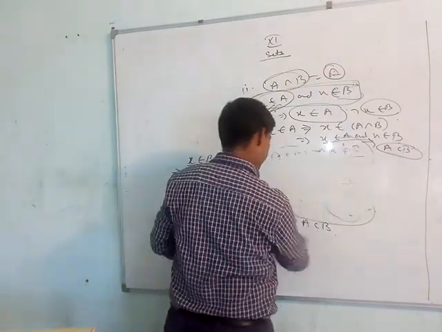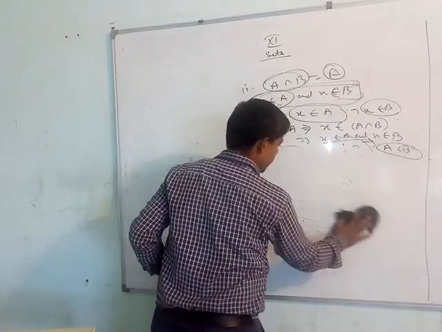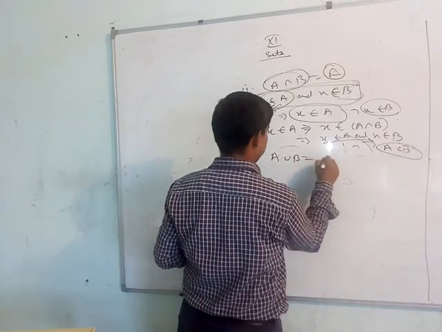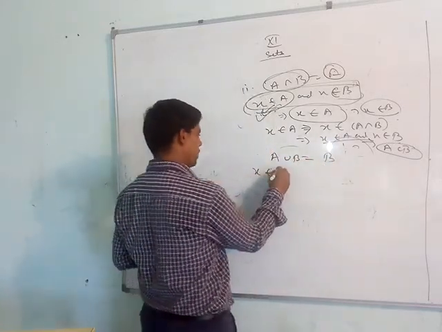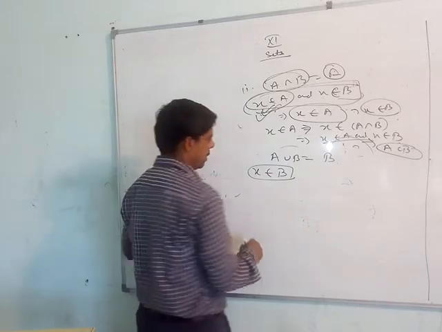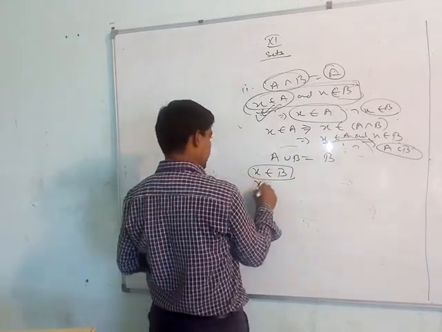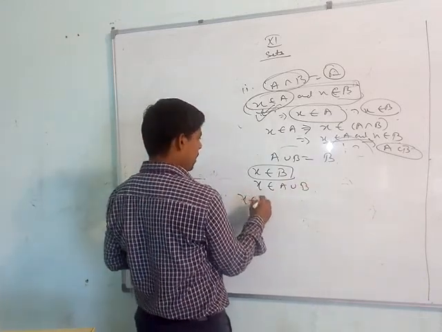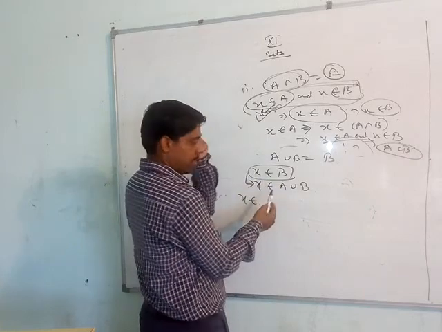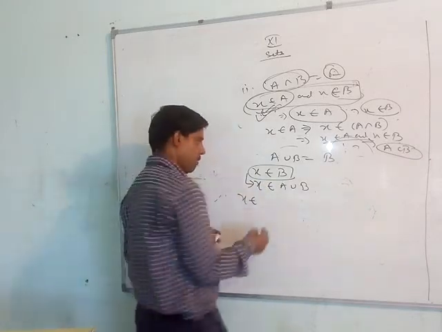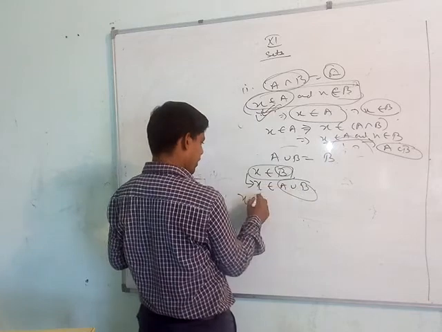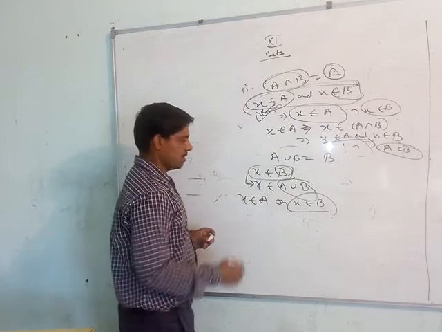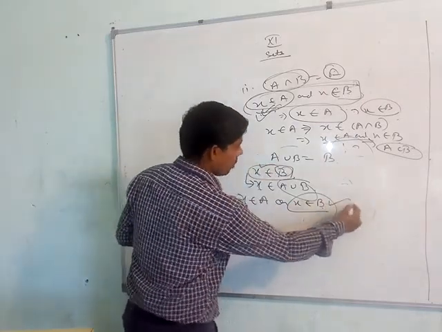Okay. अब let us see the earlier one also. एक बार और देख लेते हैं. इसके पहले वाला था A union B is equal to B. So x belongs to B. Already start कर रहे हैं अपने यहाँ से, ठीक है ना? x belongs to B implies x belongs to A union B, because B and A union B are equal. This implies x belongs to A or x belongs to B. But we have already considered we are starting with x belongs to B. So this is always true.